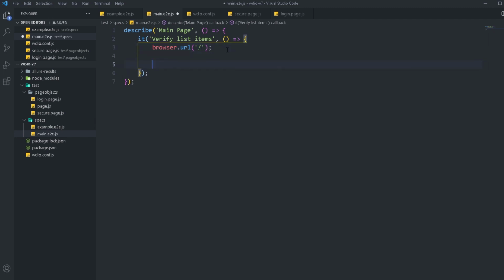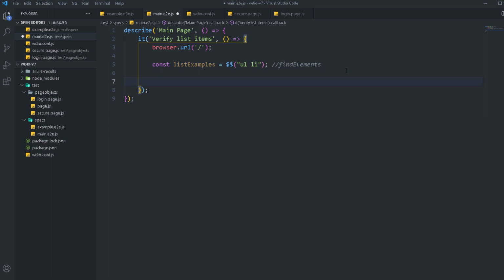So now let's add a selector here. For my selector, I'm working with the list examples. I'm going to create a new variable and call this one listExamples. Then I'm going to add in my selector, which was basically a UL list. Since we're using a single dollar over here, it's going to try to find an individual element. So it will find the first element instead of finding all the elements. In order for us to find all the elements, we need to pass in $$. So this will try to find all the elements for this list item. It will do a find elements call to find all of the elements. Just remember, before we were doing find element, this time we are doing find elements.